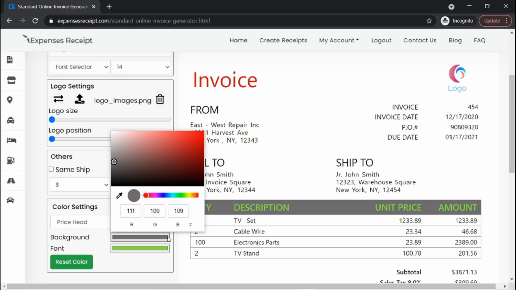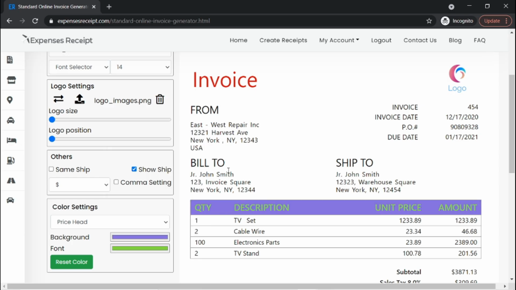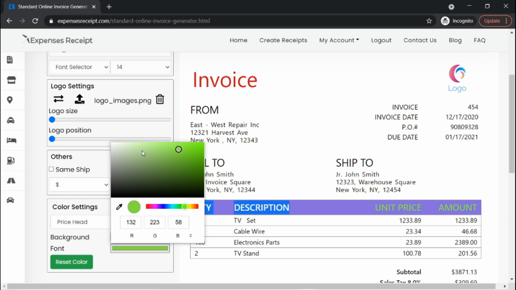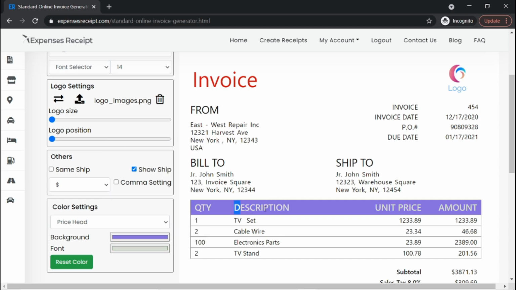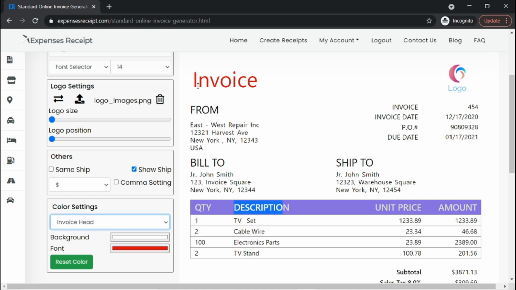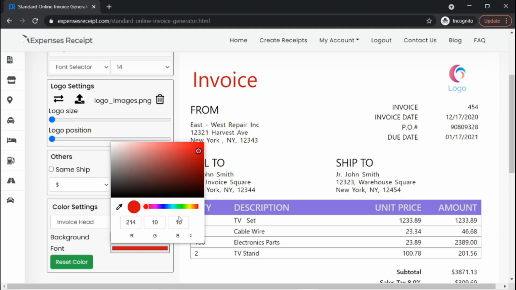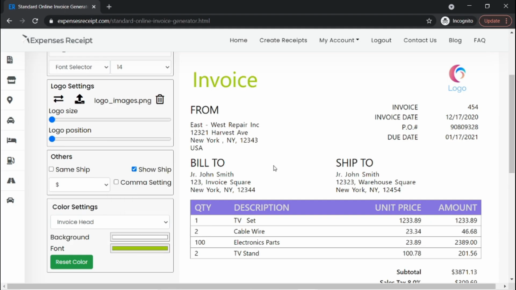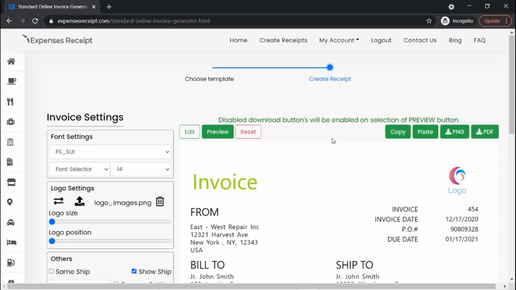For example, if I change this one and keep it blue, then you can see the background colors are changing. The same way the font color also I can change. If I keep it light, it changes that. And this is for the print head, and this is for the invoice header. If you want to change to some different color, you can do that. So that's about this,